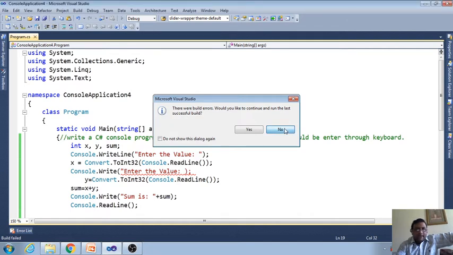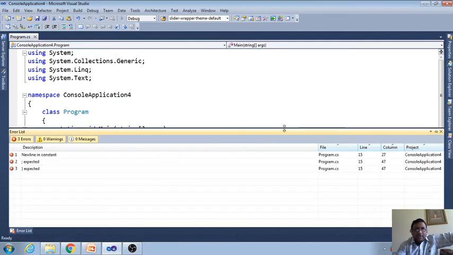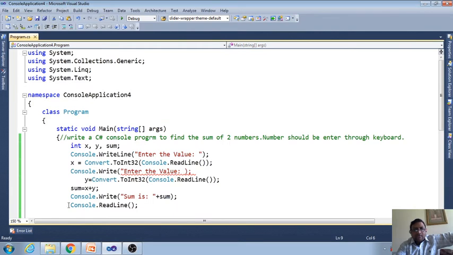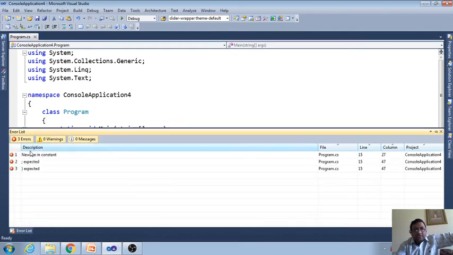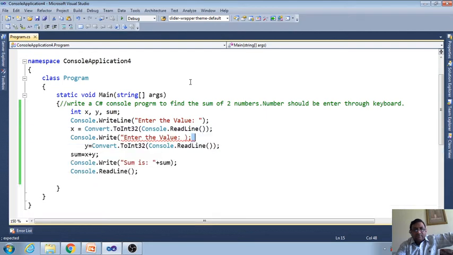Click No. When you click the No button, it will give you the list, and here it shows the error is in line number 15. If you click this, you will go to the same line. See here, what is the problem? The error is that I opened this double quote but did not close it, that's why I got the error.